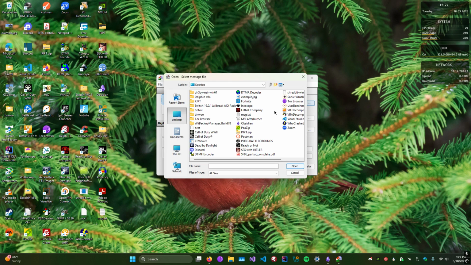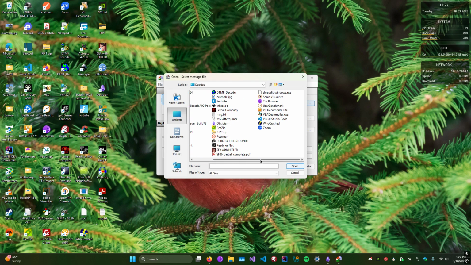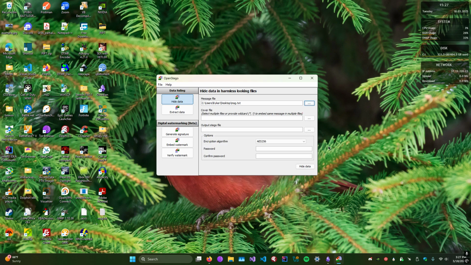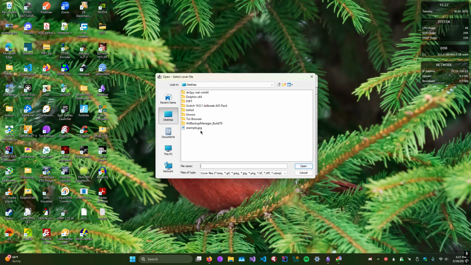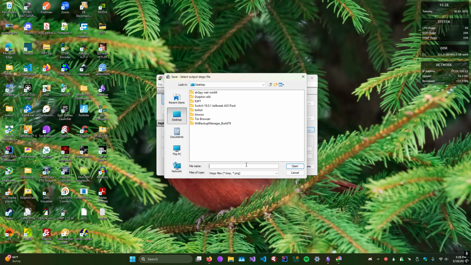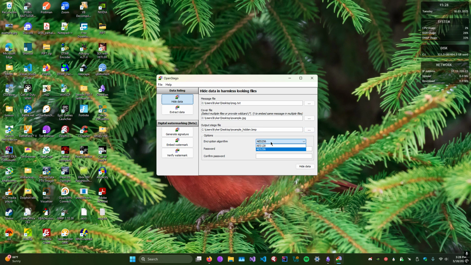So we're going to choose our message file, which is message.txt. Then there's going to be a cover file, which is going to be our example.jpg. And our output stego file, we're going to call it example hidden, and it's going to be a BMP. Now we can use an encryption algorithm of AES 128 or 256. I'm going to choose 256. And you can set a password if you'd like,